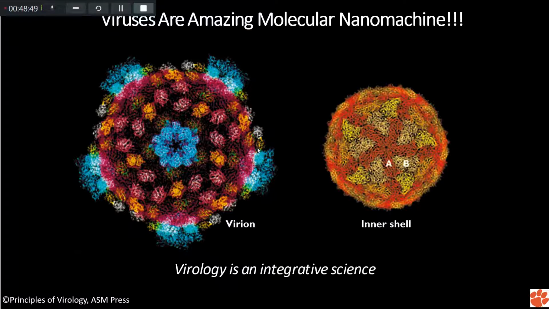And what you're seeing when you're looking at this picture is not an artist rendition. This is basically a molecular model. So what you are seeing right here is a virion, and these are from cryo-electron microscopy. So each individual colored part is an individual protein in the virion. That's what you are seeing. So you can see that there's a five-fold symmetry right here, turret-like structures. And a virion is, by definition, an infectious virus particle. So we are going to use that. An infectious virus particle is a virion. So that's what I'm going to talk about.